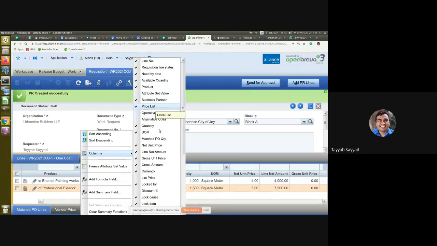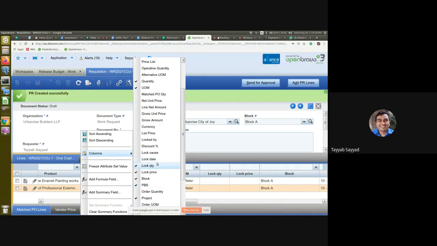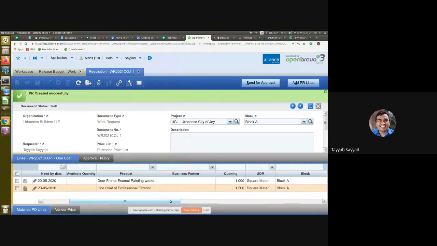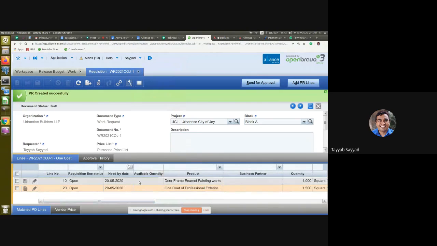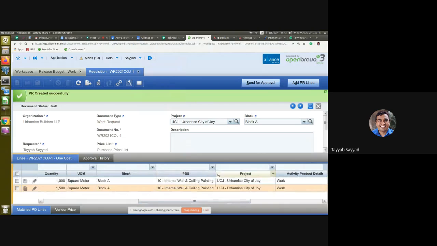If we don't want to show anything to that user, then we can remove those elements from the listing also, so that that person doesn't see the other elements. Okay, so this is the work request, and I added these two line items with this project PBS, ceiling painting and wall painting.